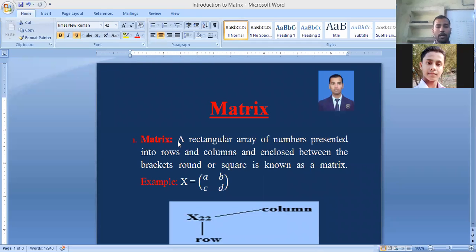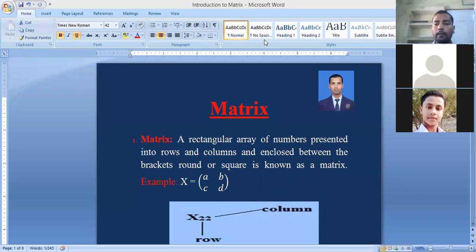When we arrange data, either numbers, names, or different branches or parts, and such data are arranged systematically inside a small bracket or big bracket in the form of a rectangle, that representation of data is considered a matrix. Its plural form is known as matrices.